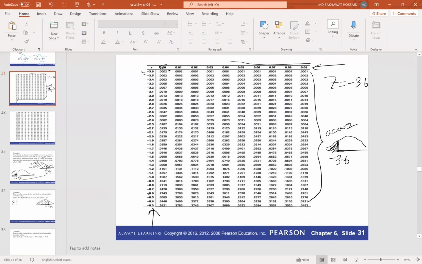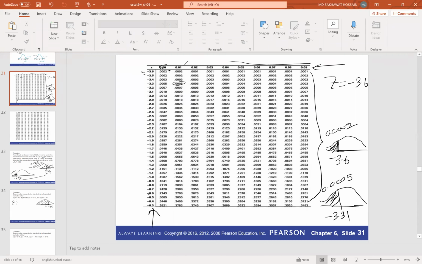Now if you look at this area, this is the area to the left of the corresponding z-score -3.3, and the second digit is 0.01. So that means this is -3.31. So this area is